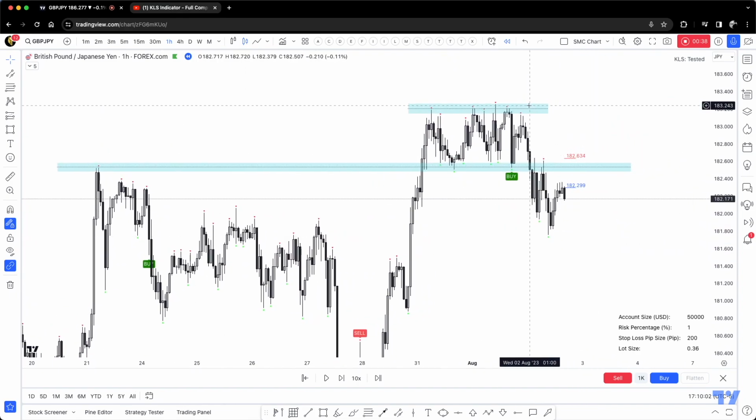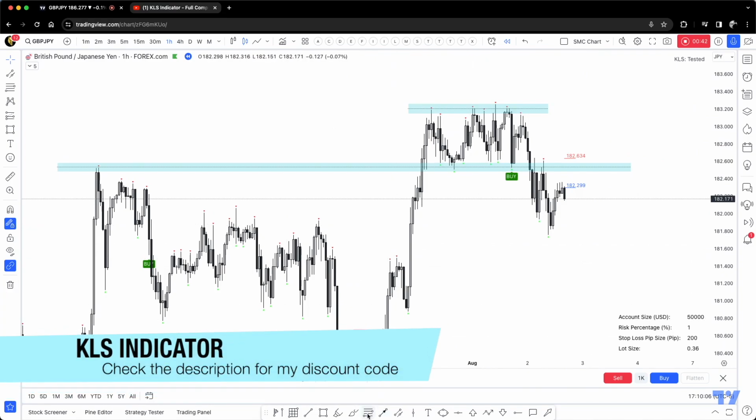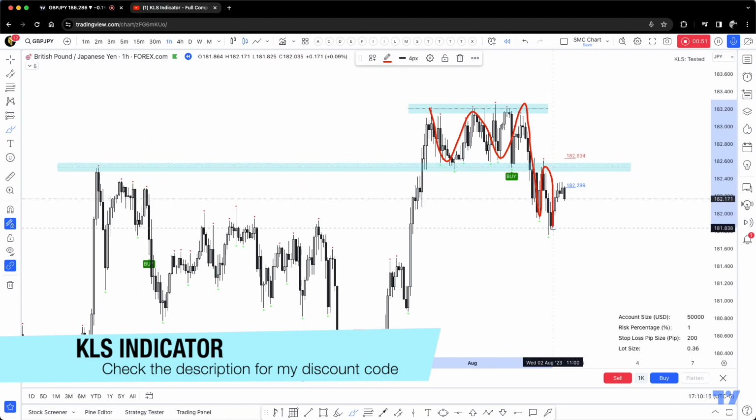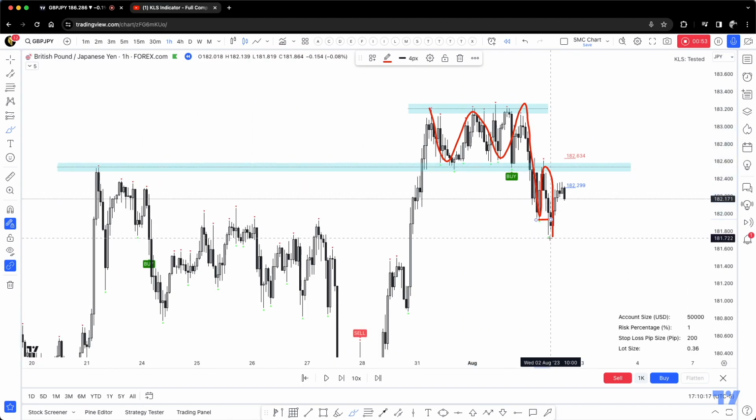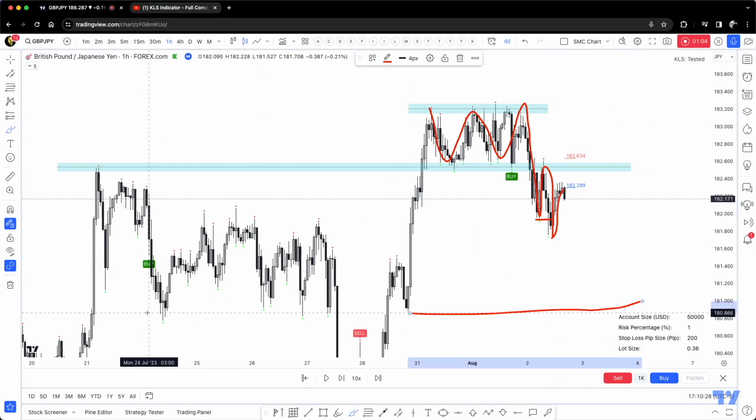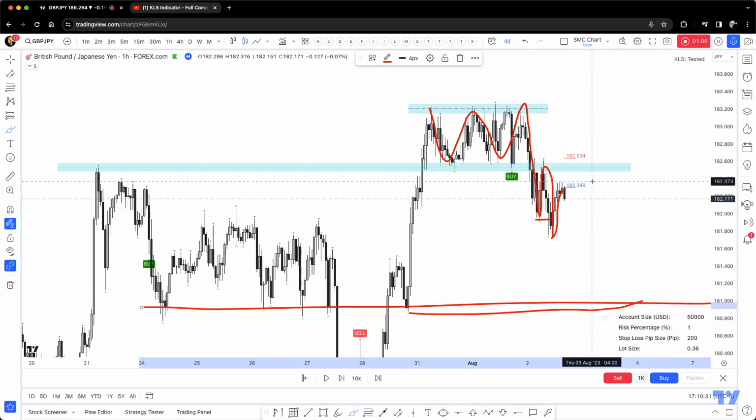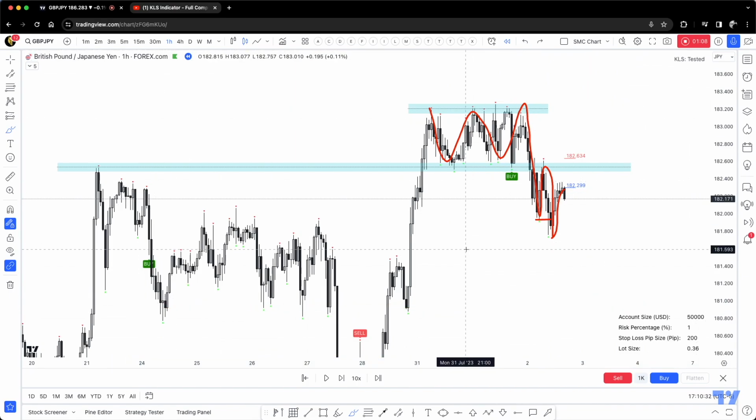For example, right here, what do we have in this area? You see the price recently broke. There was consolidating, right? And then all of a sudden we have a break of structure, sort of a retest, again created another low. Then price is right here in this area. So there's a lot of potential that price could end up dropping, maybe going for previous lows. There's another support right here. So if you look at it this way,